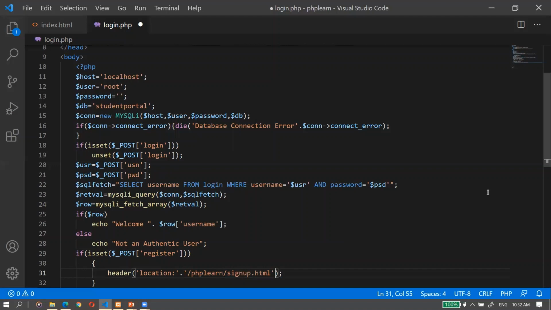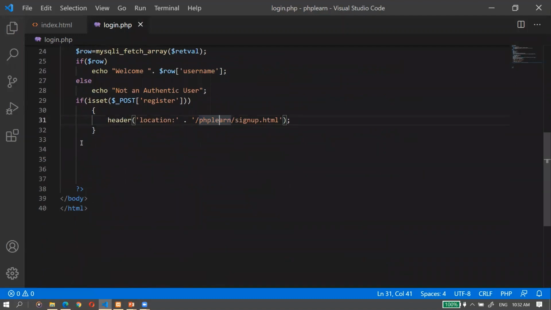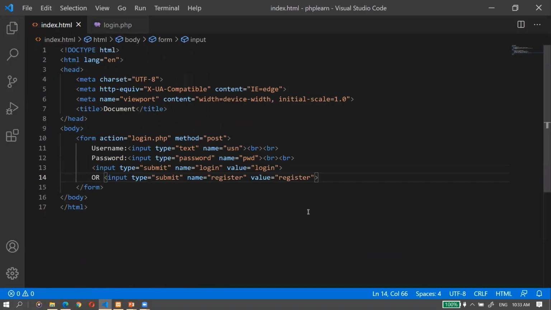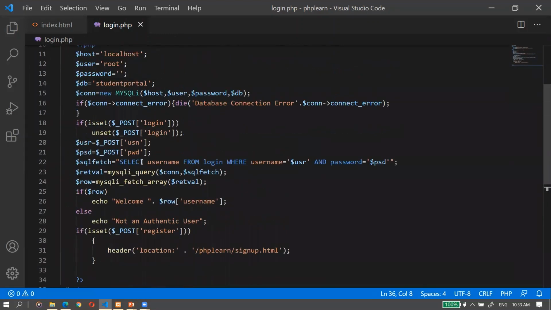Right. So let's save it. I hope everything will work fine. Let's run it. Okay, I have saved all the files. We have index.html, which has a form with username and password, and then there is a file called login.php in which we have made a database connection and we are validating the username and password which the user has given.